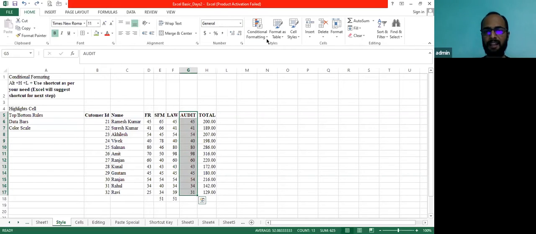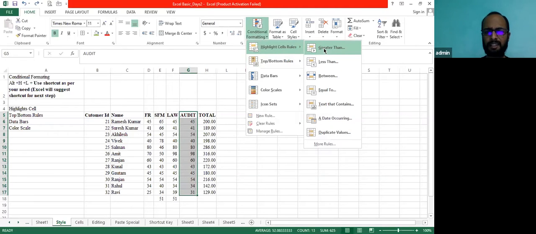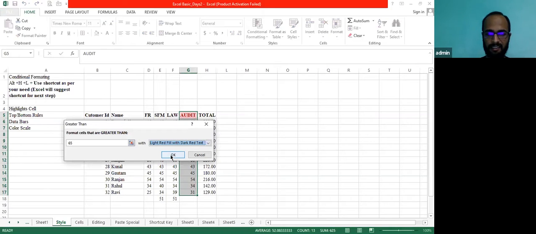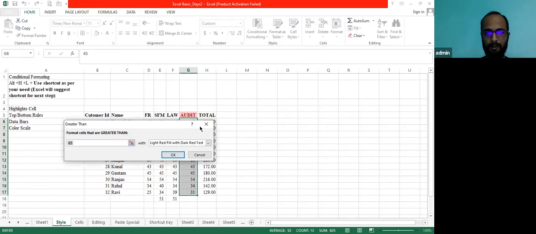Then I'll be discussing the next one. You can also set the conditions, like the first condition is light red fill with dark text. So this command will fill my cell with light red color and dark red for the text. You can see here. It's up to you in which format or with which condition you want the end result. I'm putting here 50.